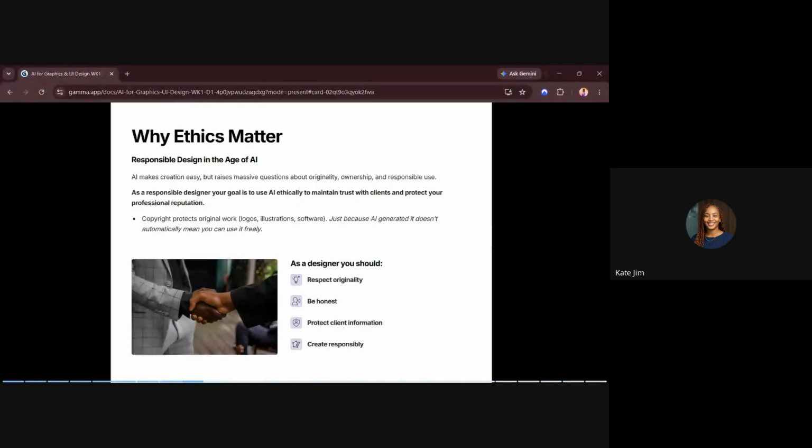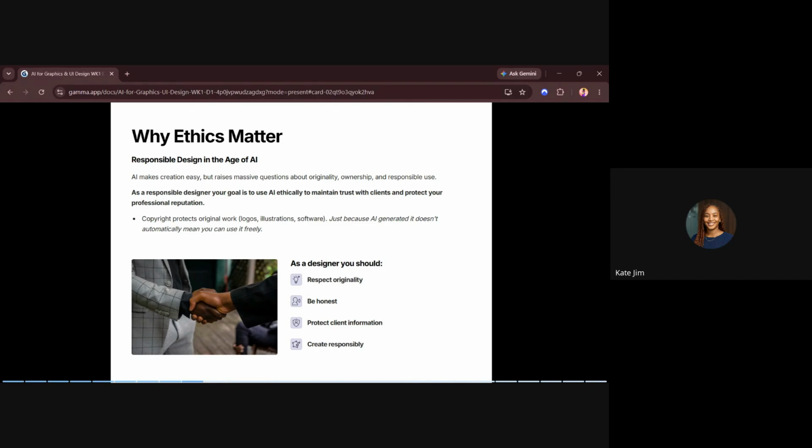Don't take someone's idea as your own. And then be honest. Tell your client or whoever you're designing for that, see, at some point I did this, I did that. Be open with them. There's no need to hide it. Everyone uses AI, but you just have to make it look like it's your assistant, because that's what it is. You shouldn't make it feel like it's AI that did this work, and then you lose your credibility.